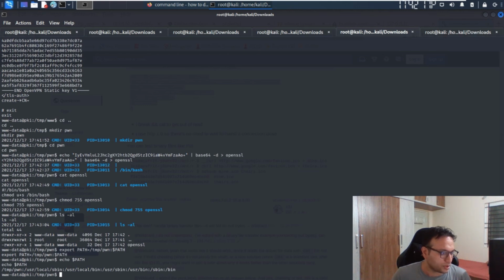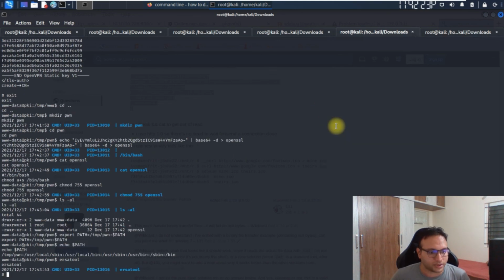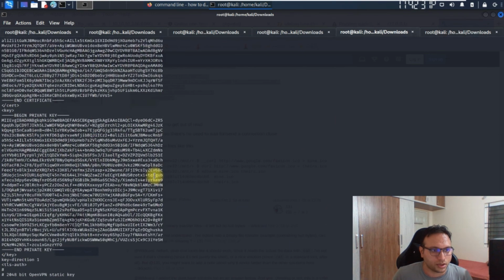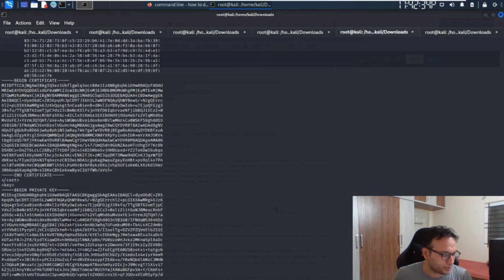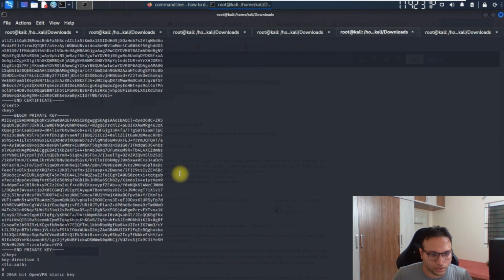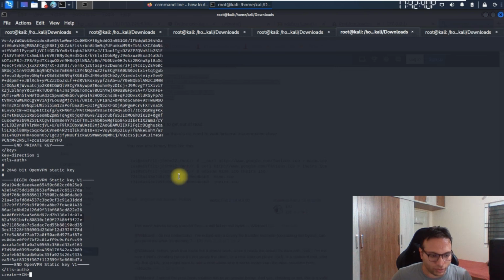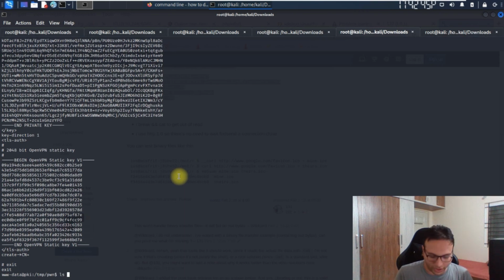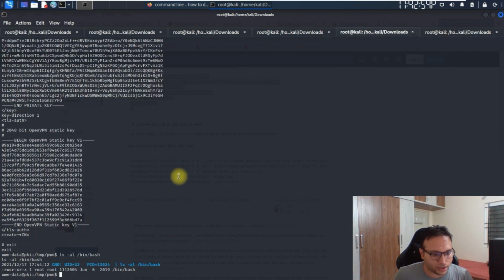Now we simply have to run that command once again. Ignore all the tool ones which we had to run earlier. Now we have to run it once again, and this time I'll type create and then A, and there are a couple of things I can see over here itself. Once again I'll click enter and then exit. Okay, now again I'll try ls -al /bin/bash, and I can see this looks like root.